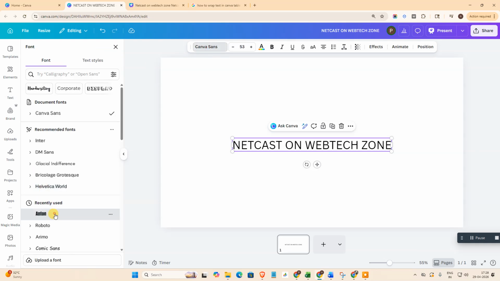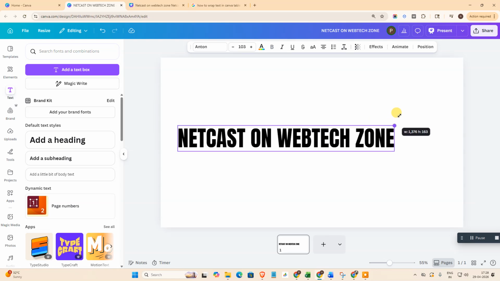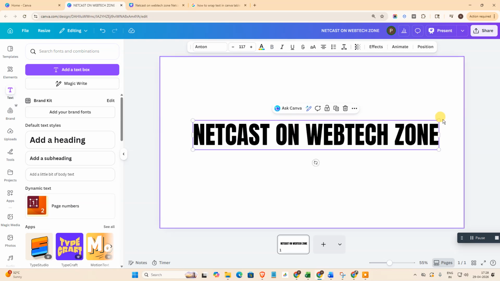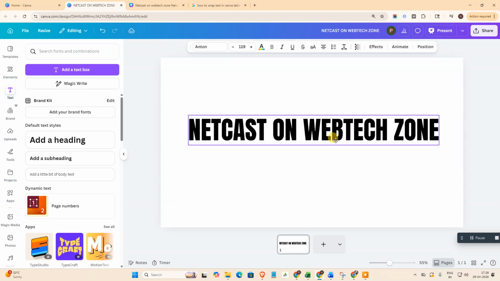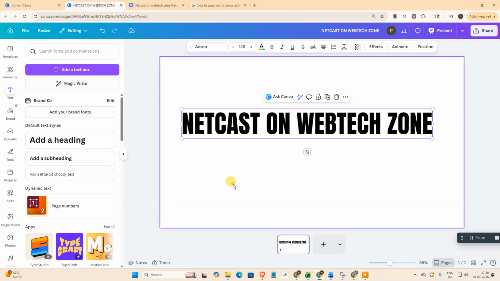You can also change the text font. You can also increase the size like this. Just select that side dot and just drag and just increase the size. Okay, so if you want to change the text shape, so here just select the text